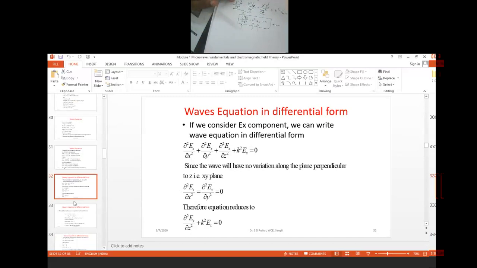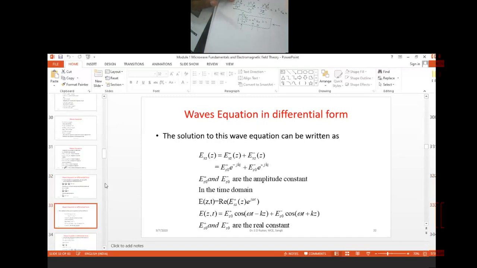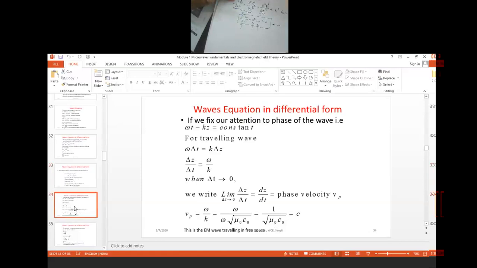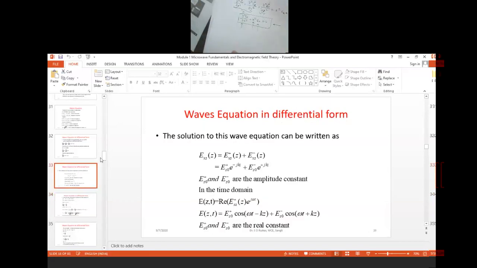Next, we can relate the wave in terms of a field component. Similarly, I have just mentioned the same thing earlier in the wave equation. We say that the wave is propagating in this particular direction. Now if I write the same in terms of the magnetic field, this becomes dou square Hy by dou z square plus k square Hy is equal to 0.